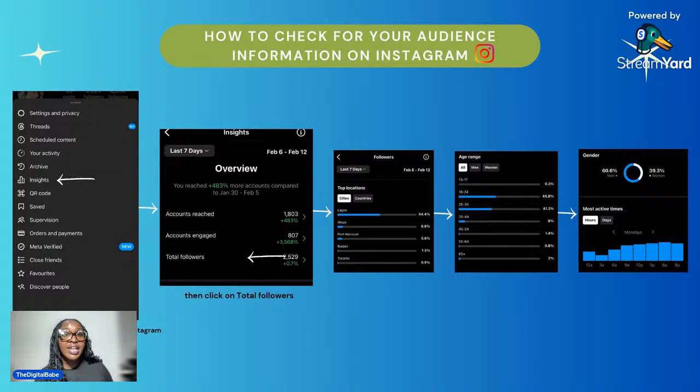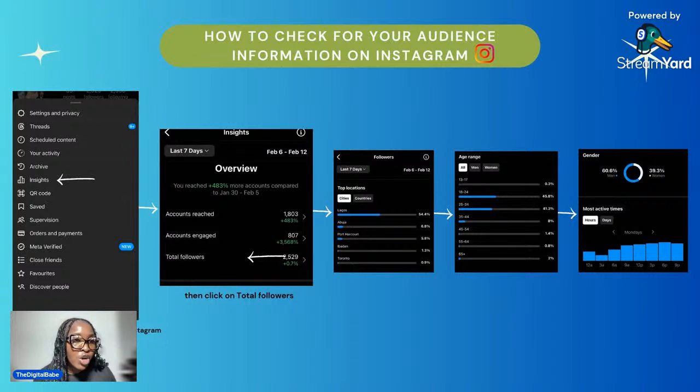So yeah, and then now, before we end this class, this is very important. Some people will be like, oh, where do I start from in crafting my target audience? Where do I really start from? Now, this is where this comes in, right? On Instagram, I don't know if you have seen this before, but you can actually see details of most people that follow you. You can see them, right?